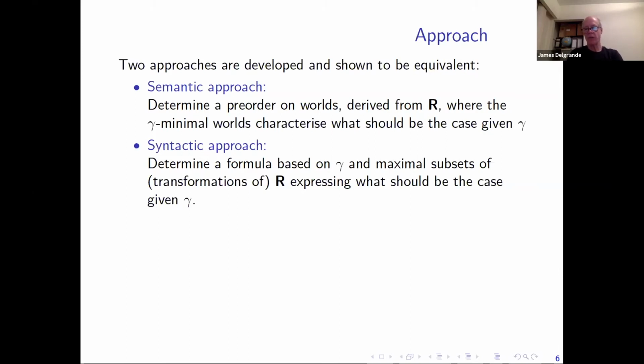So given a set of rules, if we want to see what should be the case, given that gamma is true, we look at the gamma minimal worlds, and that characterizes the best states of affairs in the case of gamma. A syntactic approach is we would start with information contingent concerning the domain, gamma, and we look at certain